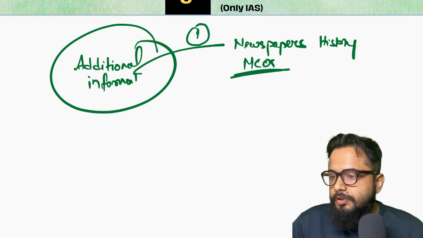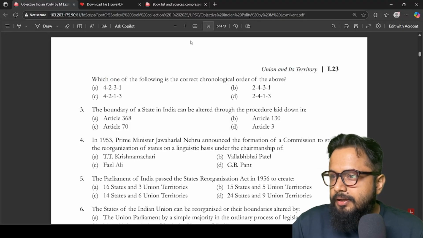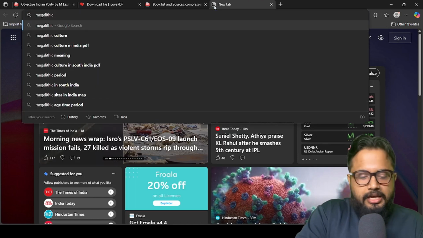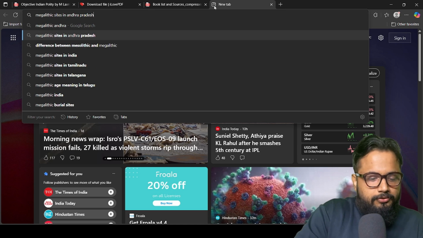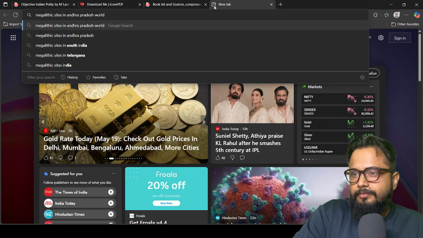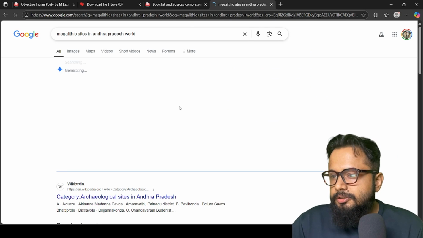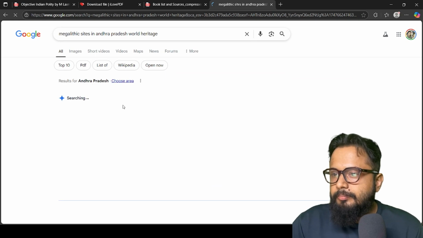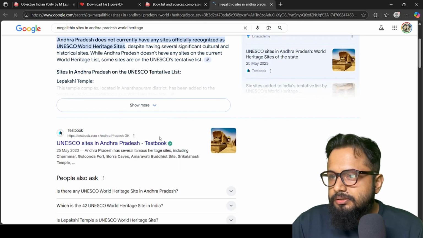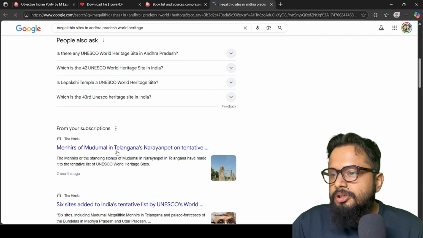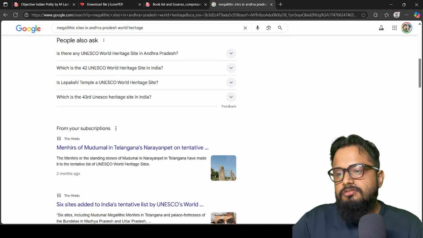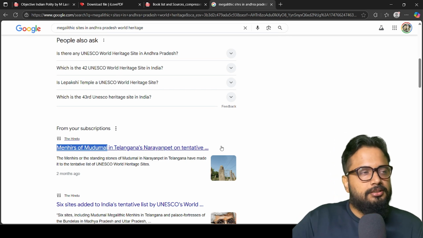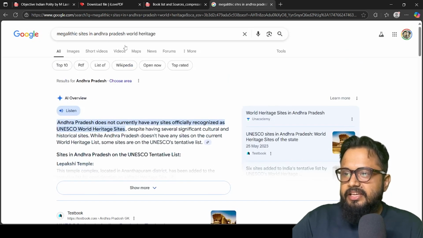See, some megalithic sites have recently been found in Andhra Pradesh. Okay, World Heritage Site. So this is the one. Menhirs of Muddumal in Telangana's Narayanpet on tentative list of World Heritage Sites. So these Menhirs of Muddumal, what are they? They are basically megalithic sites. Similarly, if I just say